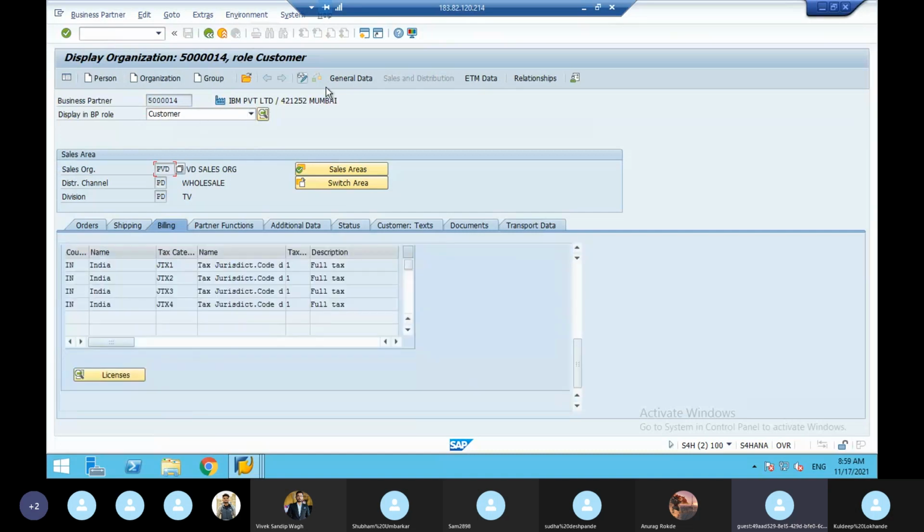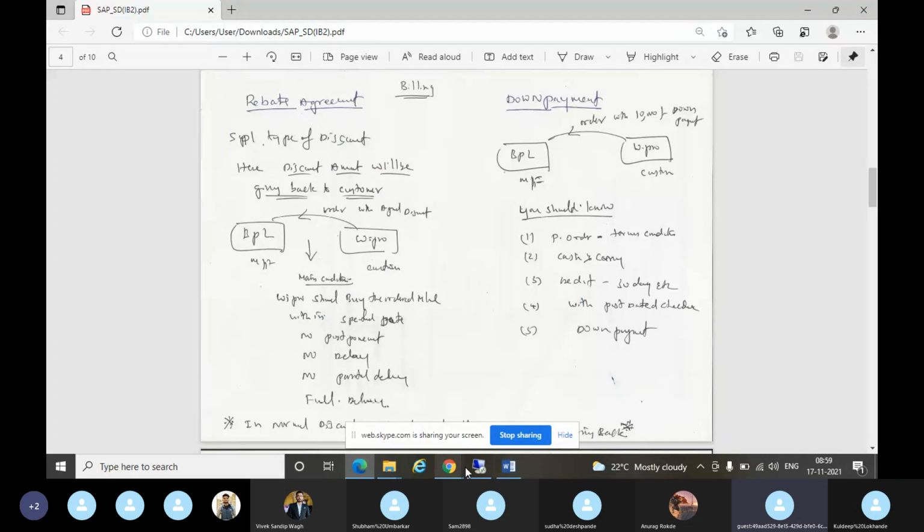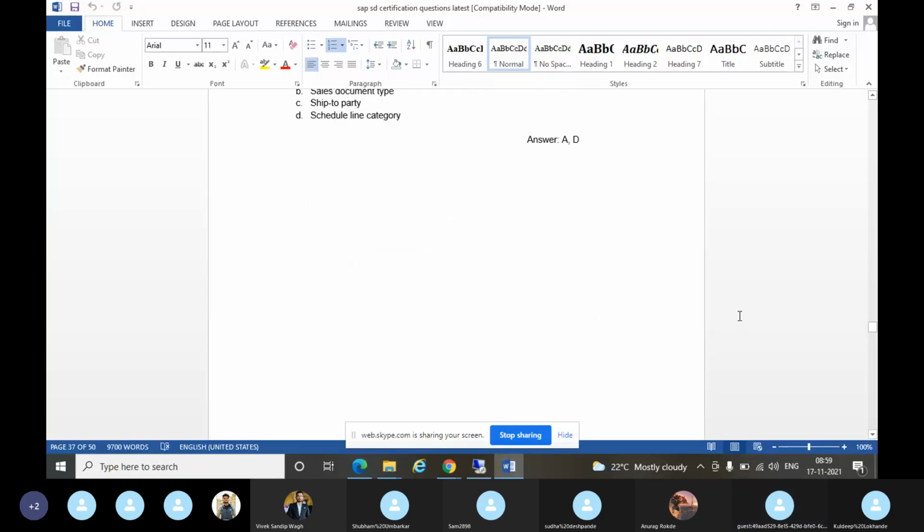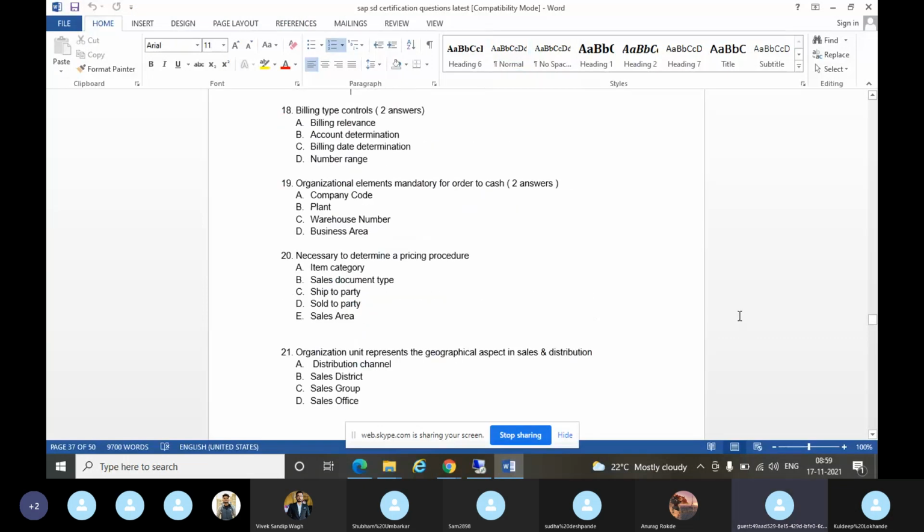So rebate will be activated in customer master data, that is business partner master data, then the sales organization, then the billing document type. So that is why they'll ask in the exam like this: where all is rebate activated. This is a question they will ask.